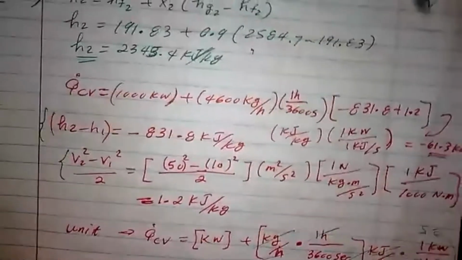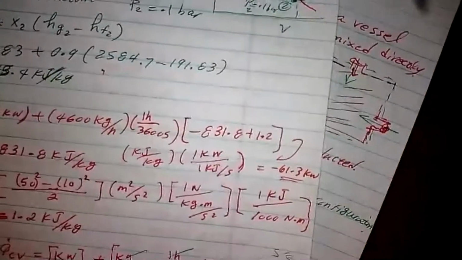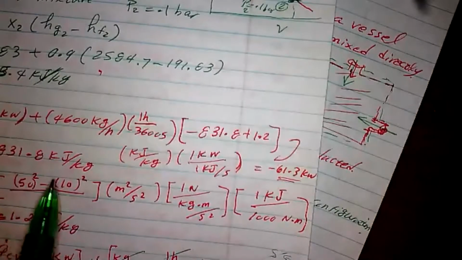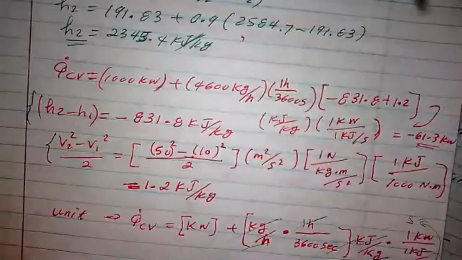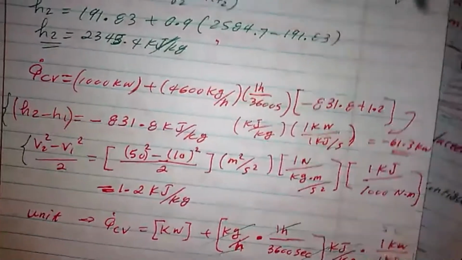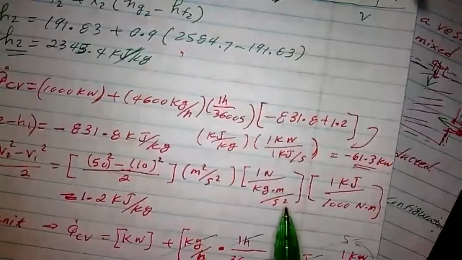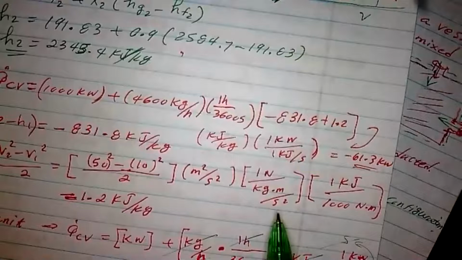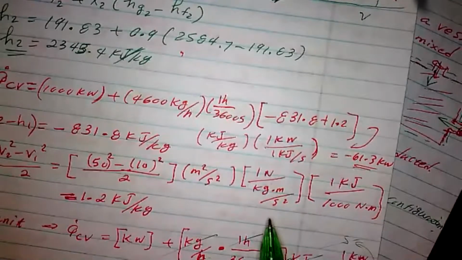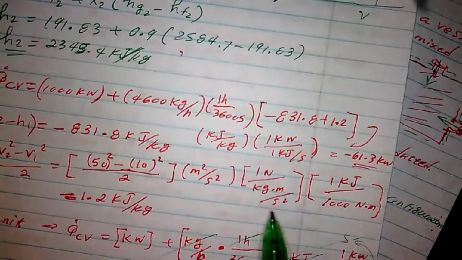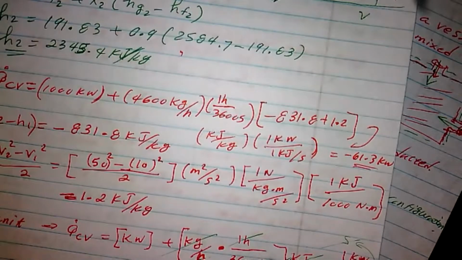So if I look at piece by piece here, we know that the change in enthalpy is kilojoule per kilogram, and then the kinetic energy is meters squared per second squared. We know that kilogram meter per second square is equivalent to 1 Newton, okay? Where this came from, the kilogram? Because of the Newton law, the force, right? Force is equal to,